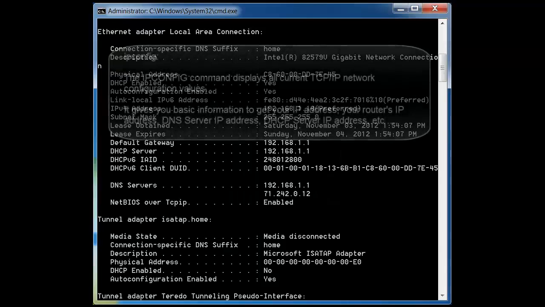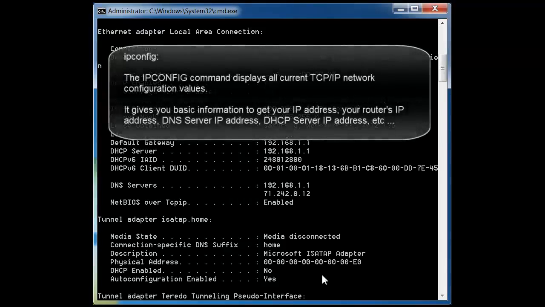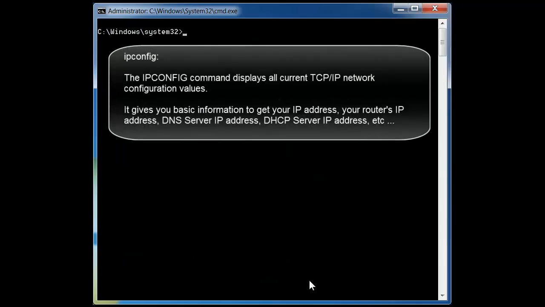Okay, so the first command that I want to go over is the ipconfig command. The ipconfig command is a very common and very useful tool. It displays the current information about your network. So it will give you basic information such as your IP address for the computer that you're stationed on. It will give you the IP address of your router. It will tell you where your DNS servers are, where your DHCP servers are. So let's type in the basic ipconfig command